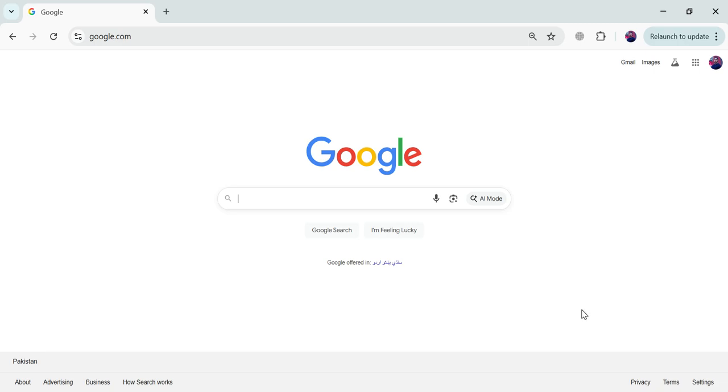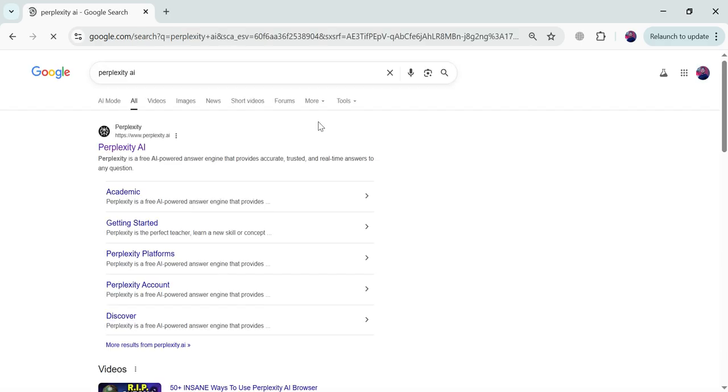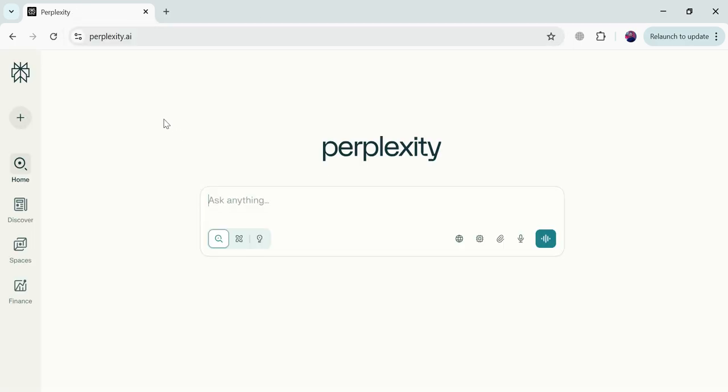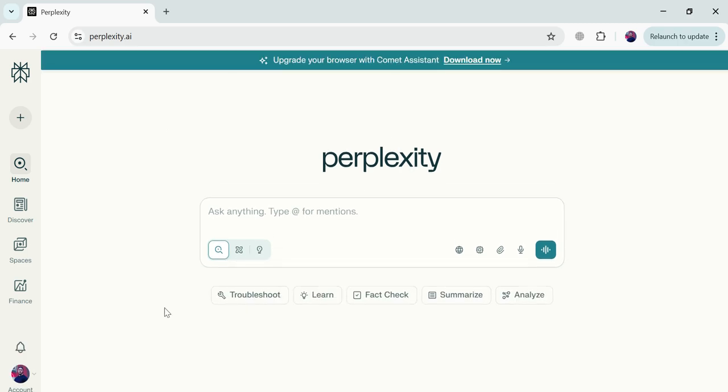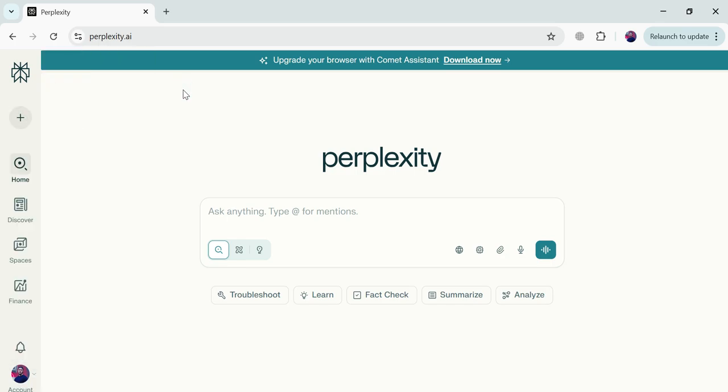So first of all, we will go for the Perplexity AI. Okay, and you will get this website perplexity.ai. You can just simply type this address in your browser and you will just get redirected to this website. Okay, I have already logged in to my account on this website. You can also download this AI assistant on your desktop. Okay, so you can see that my account is already logged into it. You can just simply click on login with Google, and your account will also be created in just a few clicks. Okay, here this is the chatbot.